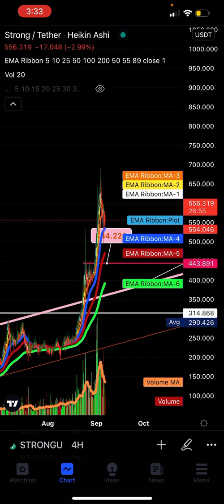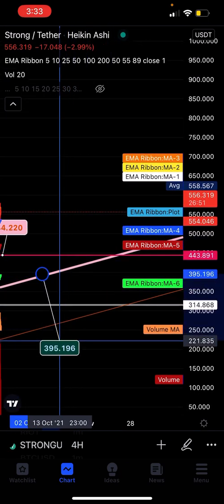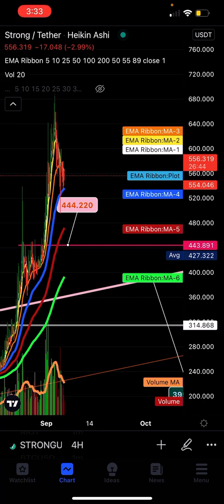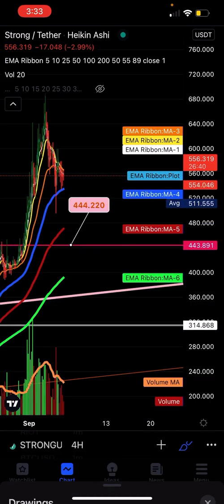So that's a logical spot to buy. Also, the other logical spot to buy would be your major underneath support at $395, or softer underneath support at $444. Any one of these moving averages, if you think this price is going to keep going up, because I'm not